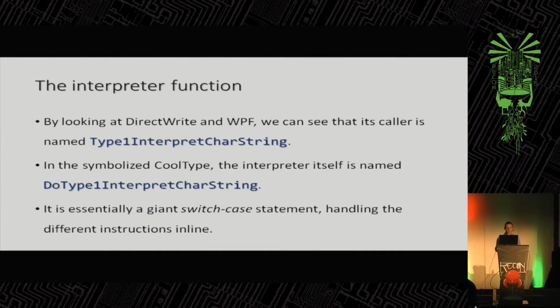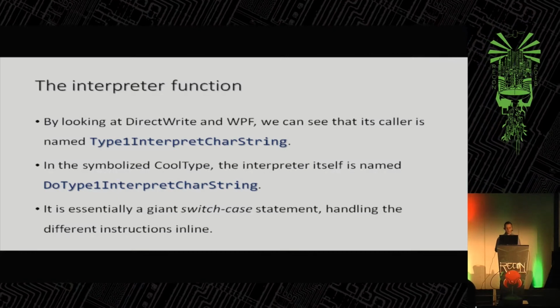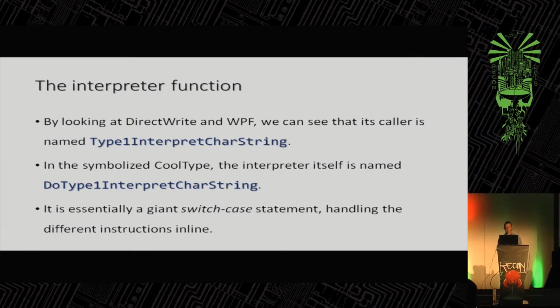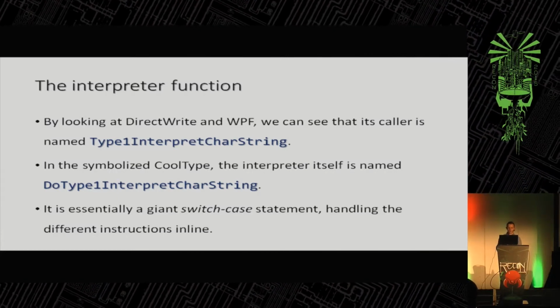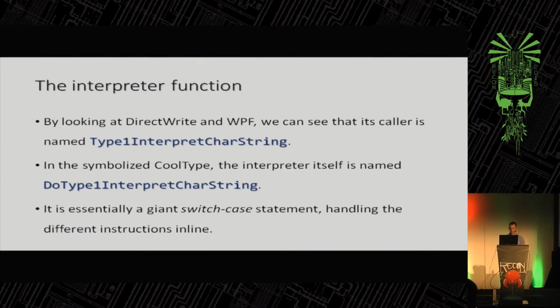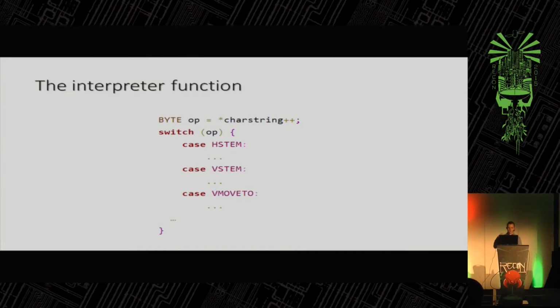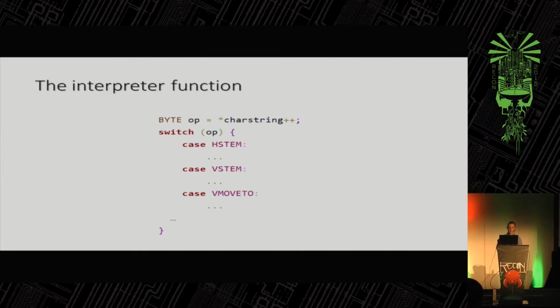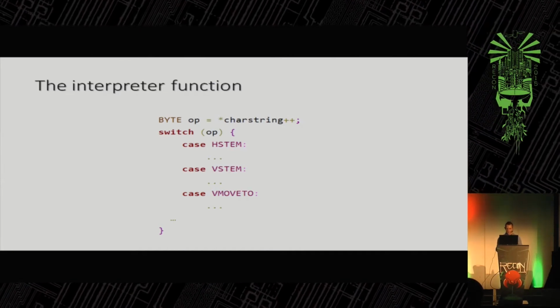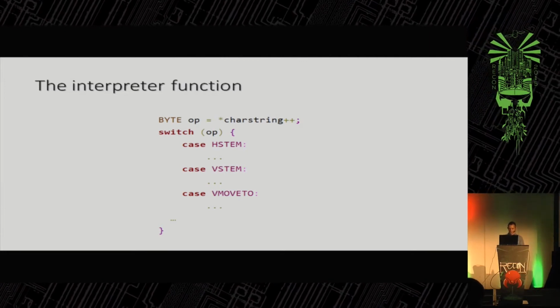And what the function is, you could also see it in the graph before, is that it's a giant switch case statement handling all of those different instructions inline inside of this function. So it's quite simple. In general, it basically reads a byte of the charstring and then performs the switch case